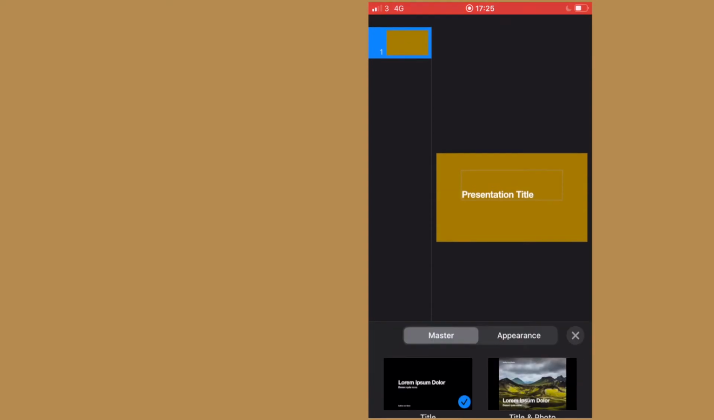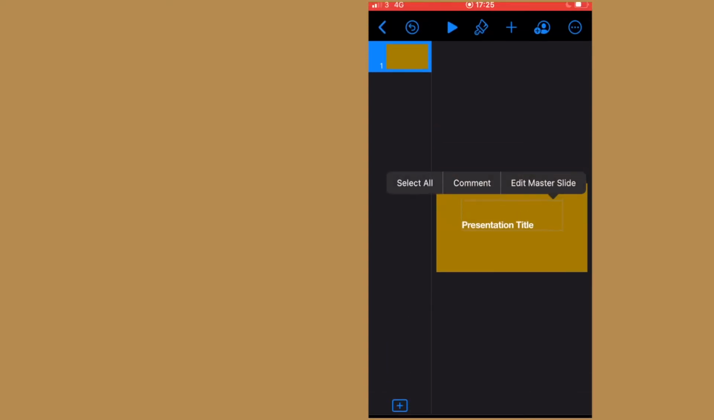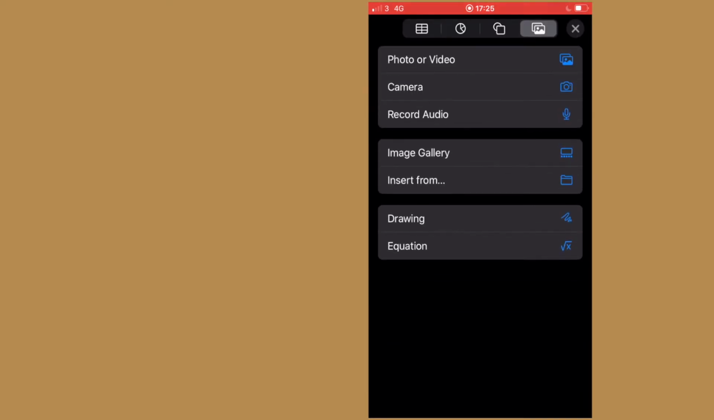And that's going to bring us back into our home editing page. From here then, I want a block background. So what I want to do is click the plus sign at the top. From here, we're going to go to